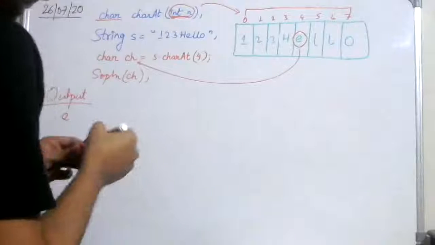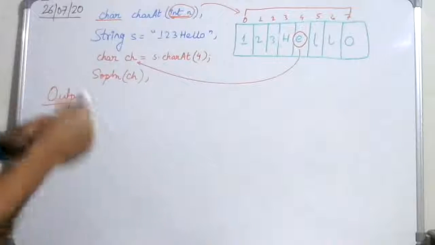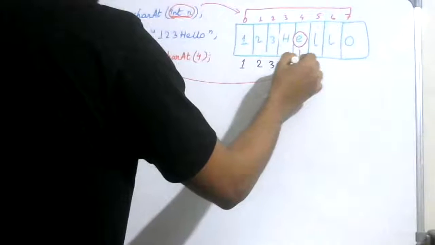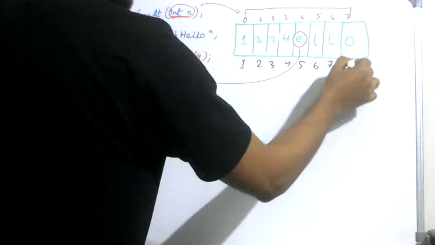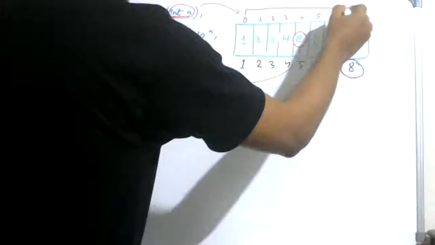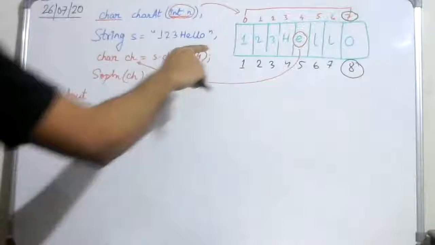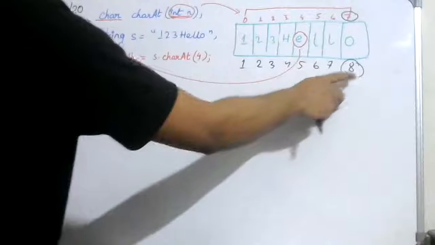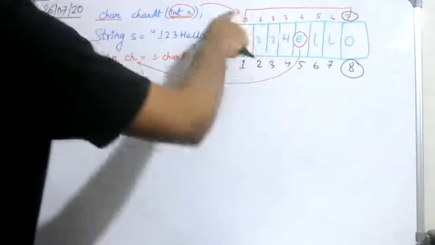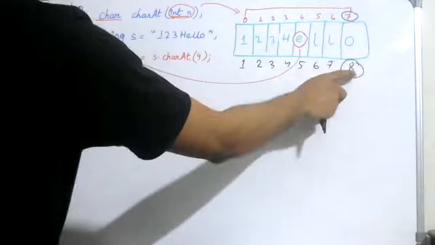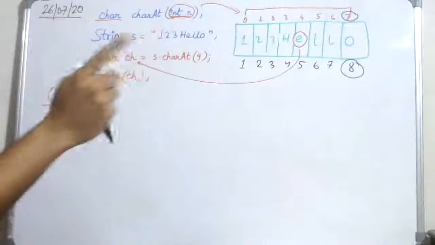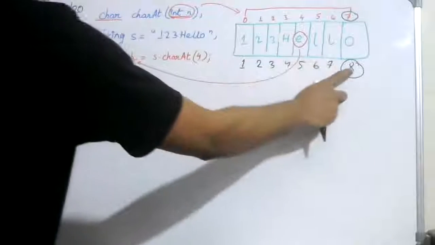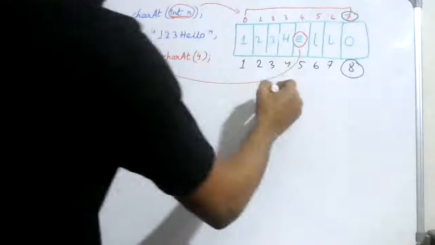So if I count the length, let's count the length using a different color. On counting the length, I will start counting from 1, 2, 3, 4, 5, 6, 7, 8. Now take a look at these two values. Normally counting like we usually count, starting from 1, we get the final value as 8. But on indexing, we get the final value 1 less than the counted value, so it's 7. So always remember, the maximum value that can be passed as an argument to char is 1 less than the count.